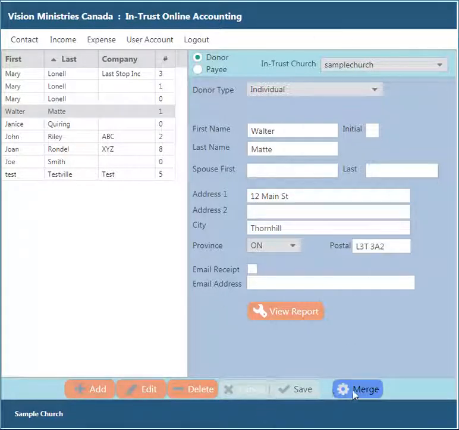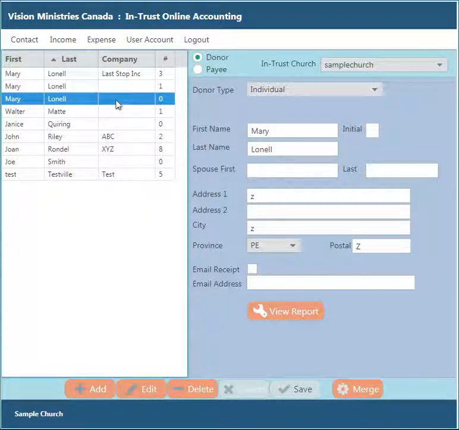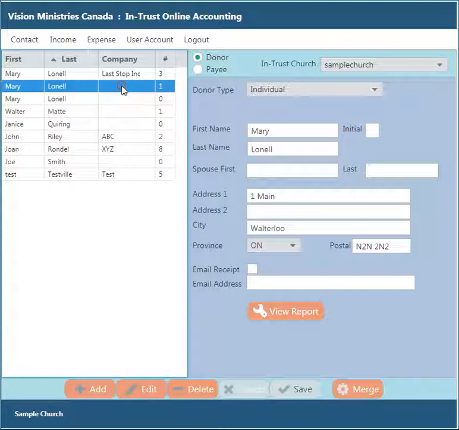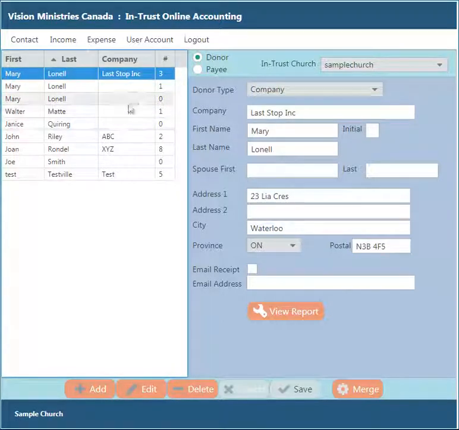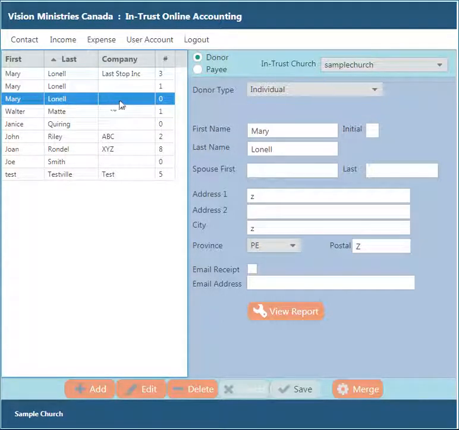One other new feature is we have a merge button at the bottom. I see in here I have 3 Mary Linnells. So let's say I merge this one to this one, and then this one to this one, so I have just one Mary Linnell. So if I merge this one,